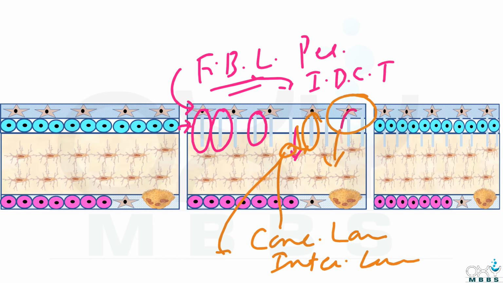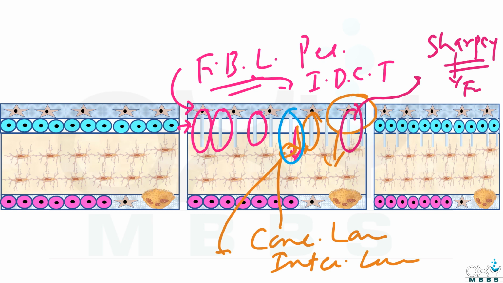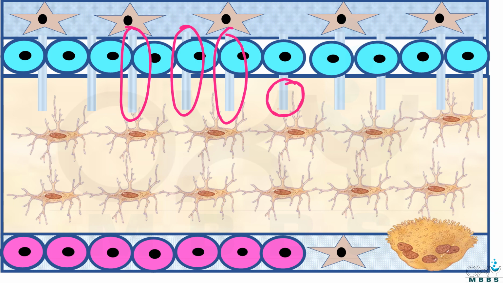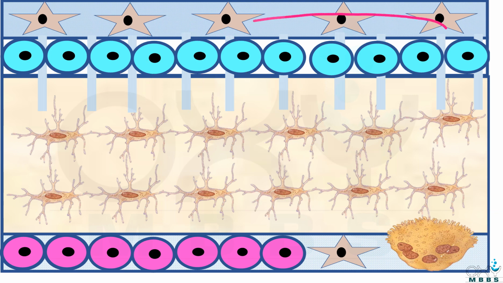As these bundles were discovered by Sharpey, that is why they are named Sharpey's fibers. As they are also perforating the bone tissue, that is why they are also named perforating fibers. As you can see clearly, these are the bundles of thick collagen proteins or connective tissue, and these are called Sharpey's fibers, or they are also called perforating fibers. So this is how our bone looks microscopically.